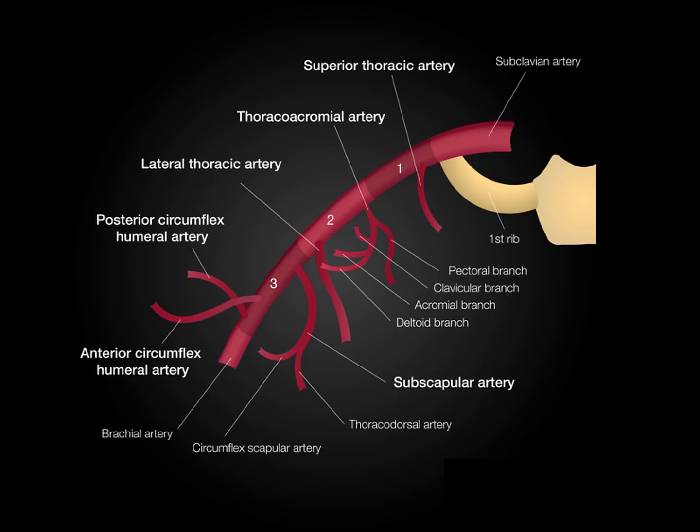From the second part we have the thoracoacromial artery and the lateral thoracic artery. The thoracoacromial artery emerges at the upper border of pectoralis minor, pierces the clavipectoral fascia, and soon breaks up into 4 branches: pectoral branch, deltoid branch, acromial branch, and clavicular branch. These branches radiate at right angles to each other. The pectoral branch supplies pectoral muscles, the deltoid branch ends by joining the anastomosis over the acromion, and the clavicular branch supplies the sternoclavicular